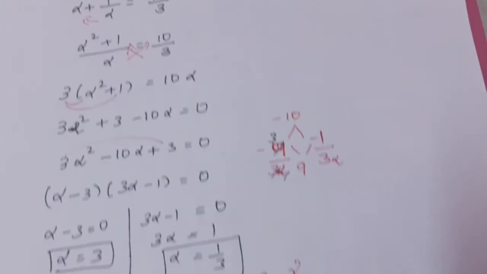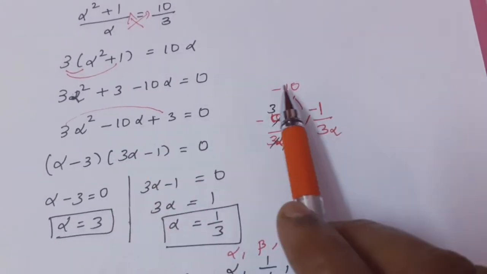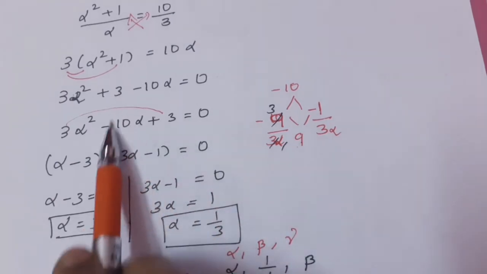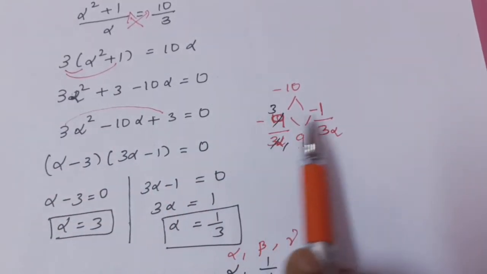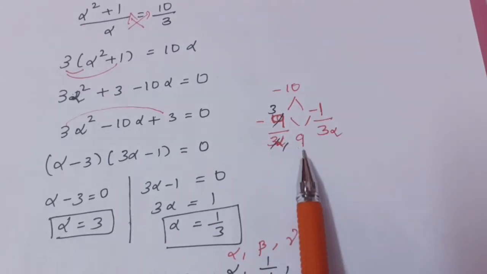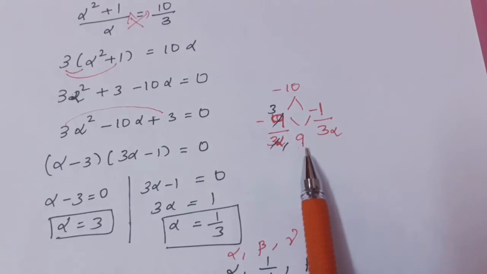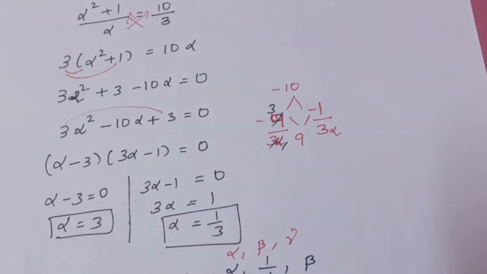Using the factorization method, we solve for the alpha value. So what is the sum? Sum is minus 10. Product is 3 threes are 9. So the product is minus 9 into minus 1. Minus 9 into minus 1 is plus 9, 9 ones are 9. Minus into minus becomes plus 9. Again, minus 9 minus 1 is nothing but minus 10.